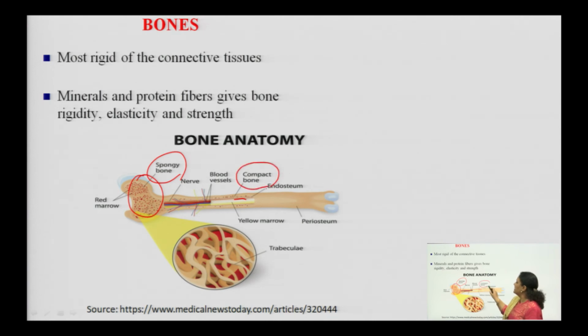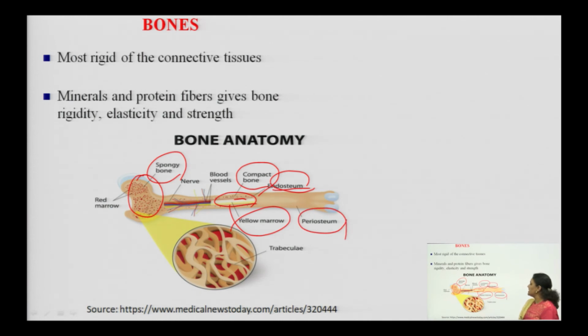This is the rigid, tight bone, the compact bone, and it ends with the endosteum layer. Inside this compact bone you will find the yellow bone marrow. And this endosteum ends with the structure named periosteum. Peri means periphery, so remember the peripheral part, periosteum. Osteocytes, osteons mean the cells which form the bone.